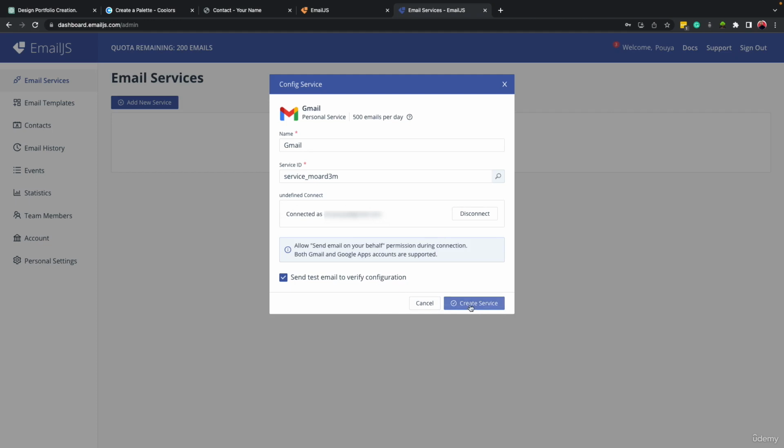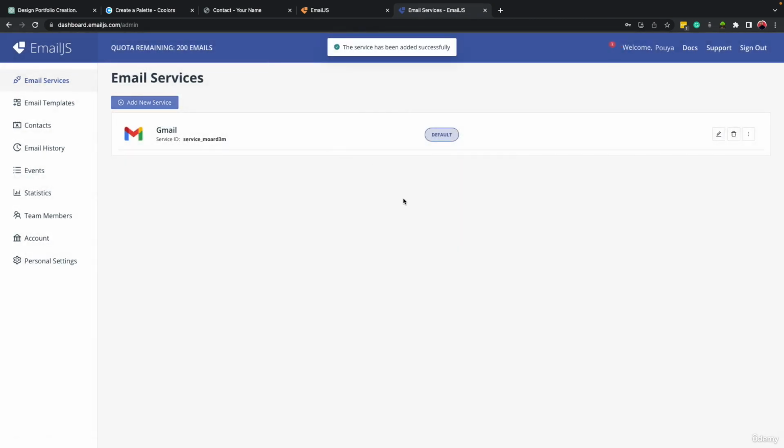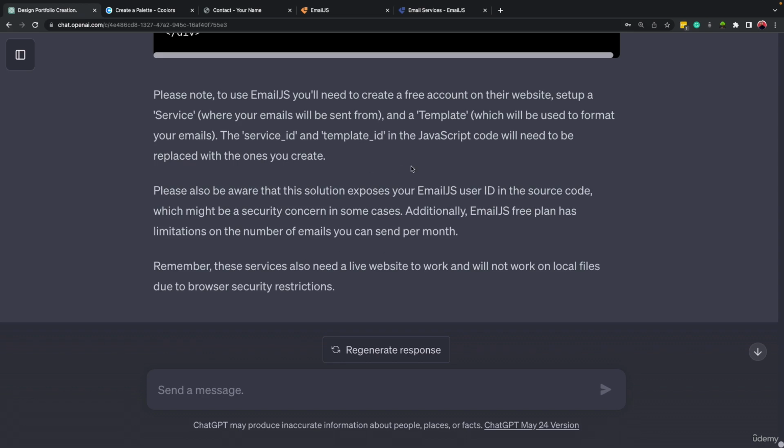And I think I have to click on create service. And as you can see, this is my first time doing this, right? This is new to me as well, and I'm just following what ChatGPT mentioned, right? So here it explained that